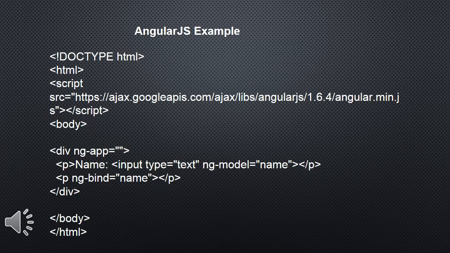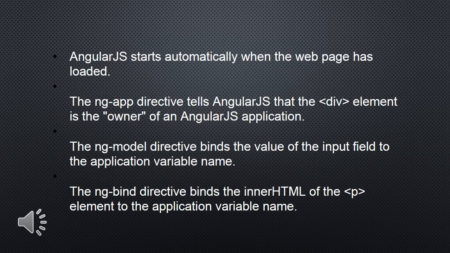Type HTML. HTML script src equals ajax.googleapis.com. Web link ng-app equals pname. Input type equals text, ng-model equals name. /p. ng-bind equals name. /p /div /body /html. Before we start with creating the actual Hello World application using AngularJS, let us see what are the actual parts